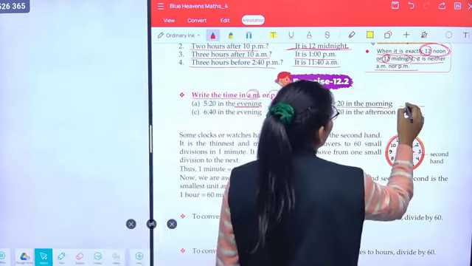Now students, seconds. Some clocks or watches have a third hand. किसी वॉच में क्लास थर्ड हैंड भी होता है मोस्टली. Okay, called the second hand. It is the thinnest, वो बहुत पतला होता है, and moves the fastest, वो बहुत तेज तेज चलता रहता है. It covers 60 small divisions in 1 minute. It takes 1 second to move from one small division to the next. वो 1 सेकेंड, अब इससे ये जो छोटे छोटे से ब्लॉक है वो यहाँ से लेने में 1 सेकेंड का टाइम लगता है, और जब वो पूरा हो जाता है तो वो हो जाते हैं 60 seconds, that is